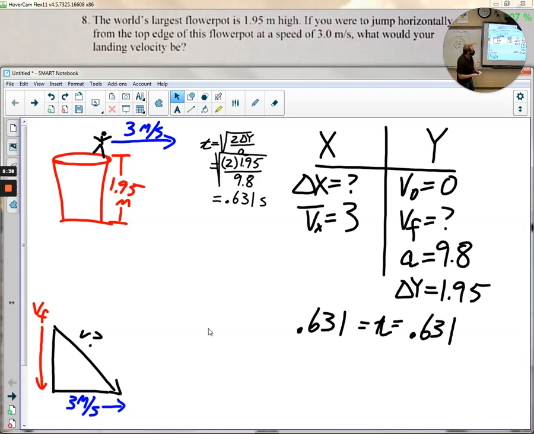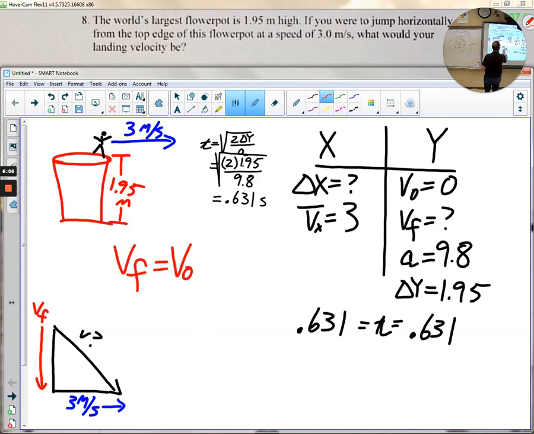So now we've got hang time. Do we even have to go back and find delta x? Not on this problem. What we really need is our VF. I think Big 5 number 2 is going to be perfect. Big 5 number 2, VF equals VO plus AT. Since VO is 0, we're basically just going to say final velocity equals acceleration times time. So that's going to equal 9.8